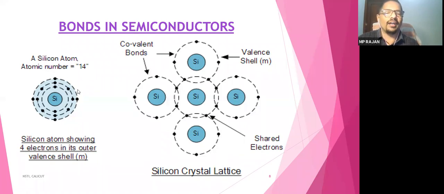But you have seen there are only 4 electrons. So it is sharing the electrons. Now you can see this silicon atom is sharing its electron with this silicon atom. This one is also sharing. So the surrounding 4 silicon atoms are sharing with this silicon atom. With that, this silicon atom at the center will have 8 electrons. You can count 1, 2, 3, 4, 5, 6, 7, 8. These 4 are its own and the other 4 came from the 4 outside silicon atoms. It is only sharing. It is not giving up permanently. This bond is called a covalent bond.